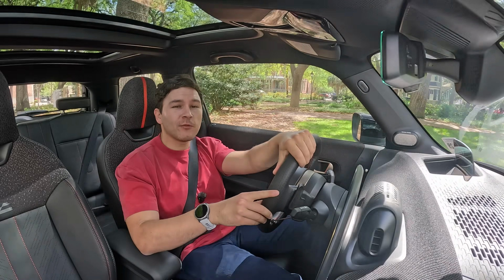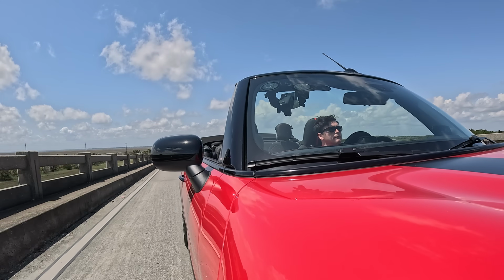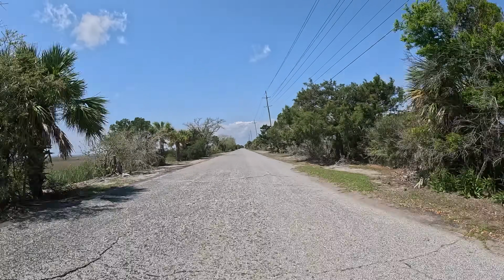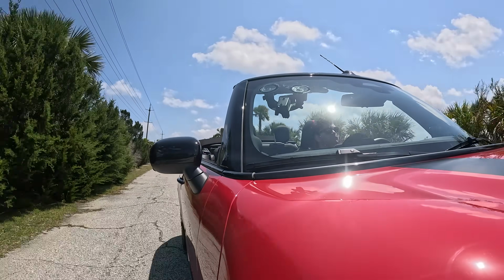But what happens when you take the top off? Obviously, I had to keep the top down while driving the convertible because when in a convertible, why would you put the top up? Ooh, this thing is quick, y'all. And the lack of the manual transmission is made up for by the fact that we do have the convertible